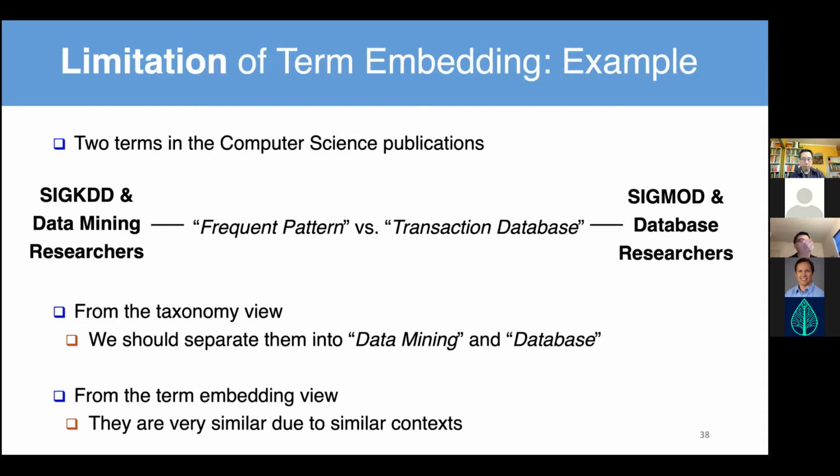So then we look at the metadata. We are looking at these digital collections, right? We're not only looking at the text, we have this metadata. We know where this paper was published, and we also know who the authors of this paper are. So you can tell that frequent pattern is more related to the KDD community now, and those papers are mostly published by data mining researchers.